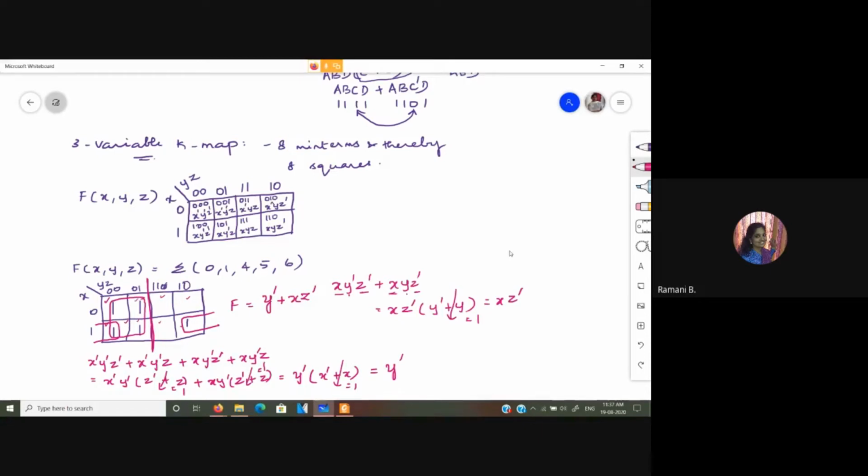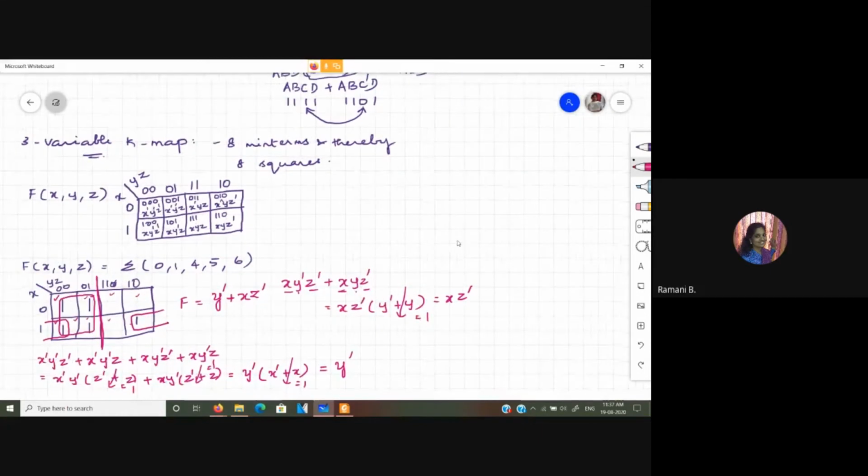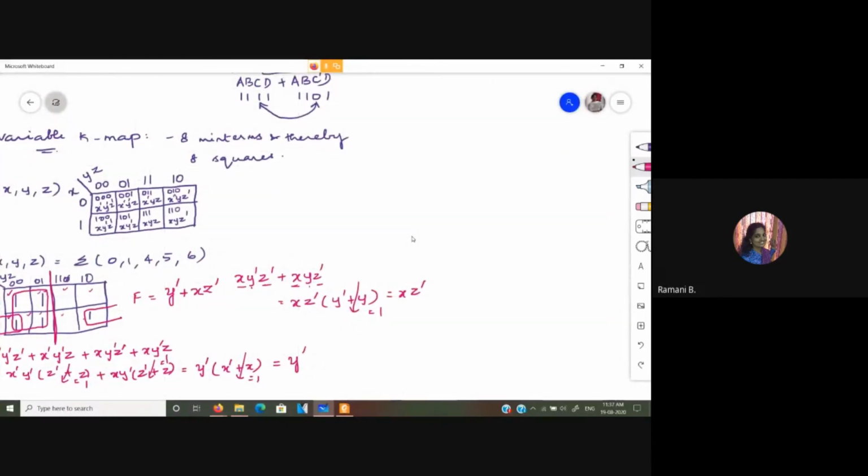So another format for this same K-map can be given like this. One is a horizontal sort of representation, the other one is the vertical representation. You can take the variables in any order. However, see to it that you have the most significant bits to the left, that would be easier for us. So here I will have 0, 0, 0, 1, 1, 1 and 1, 0. This will be 0 and 1.